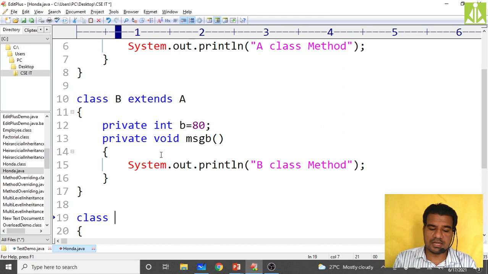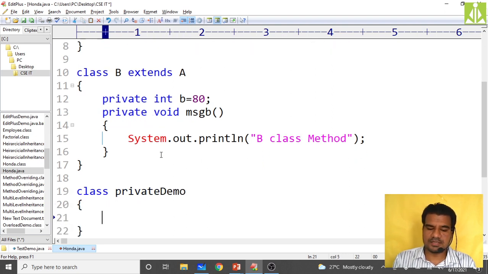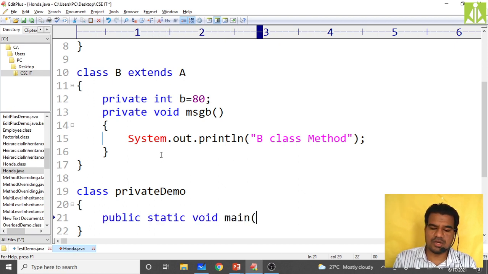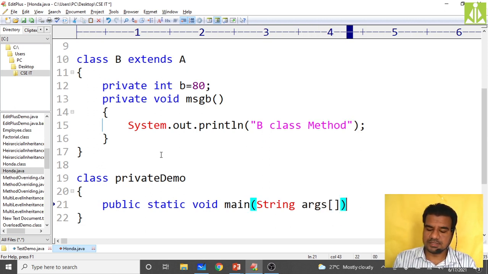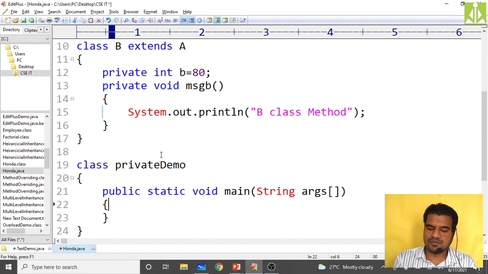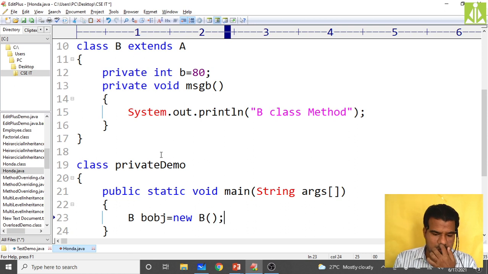Now I am creating another class, class PrivateDemo. In this I need to put public static void main(String[] args). Then simply create the object for B class: B bObj equals new B, calling the default constructor.